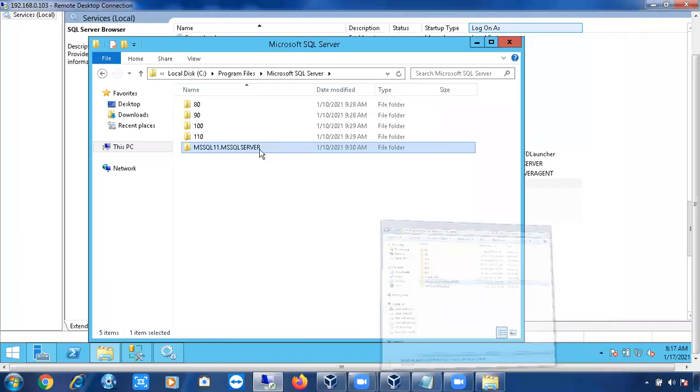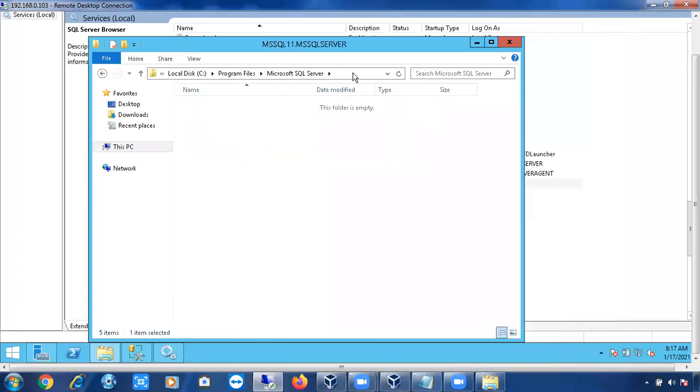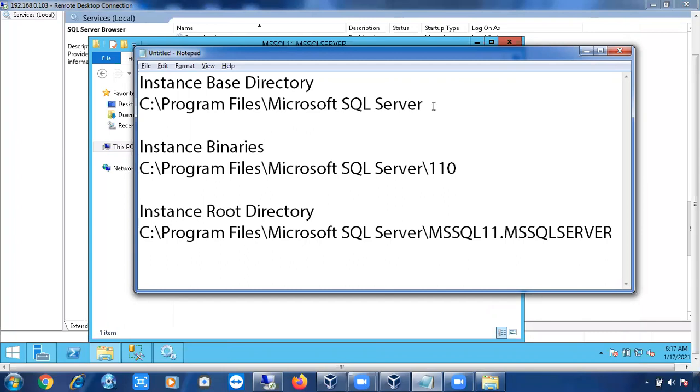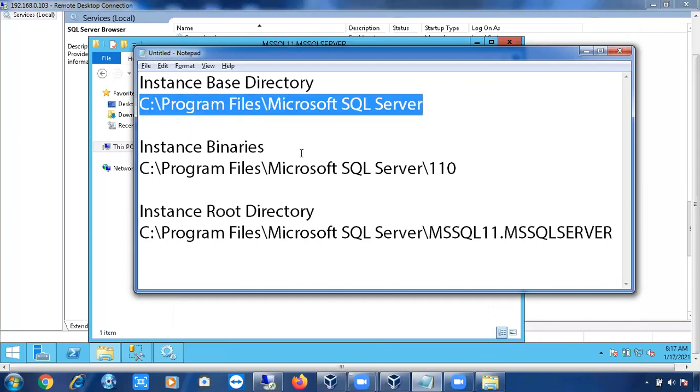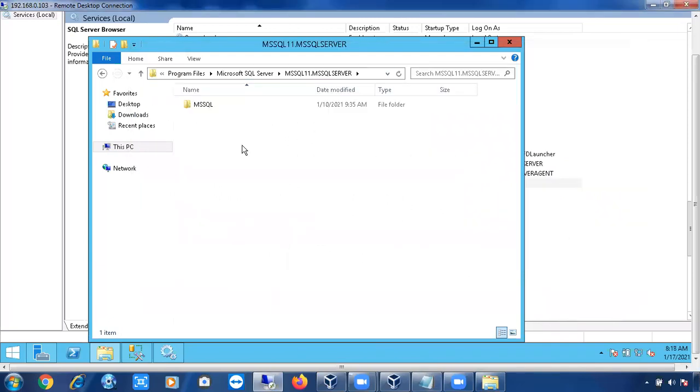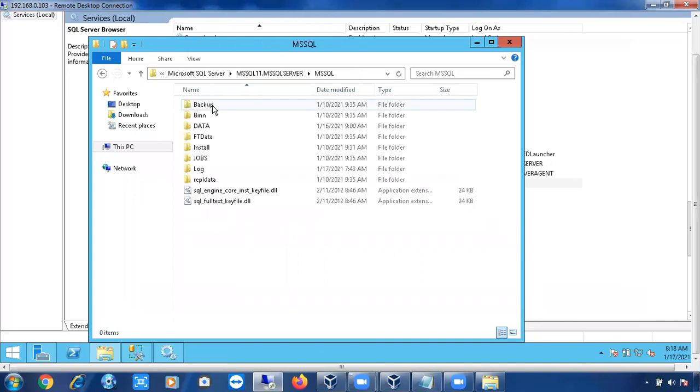So if you go inside this folder, this path is called the instance root directory. So this path is the base directory. Inside this base directory, you will have binaries and the root directory. The numbered folders will be binaries, and if you go inside the instance name folder, it will be called the instance root directory. So inside your root directory, you will have